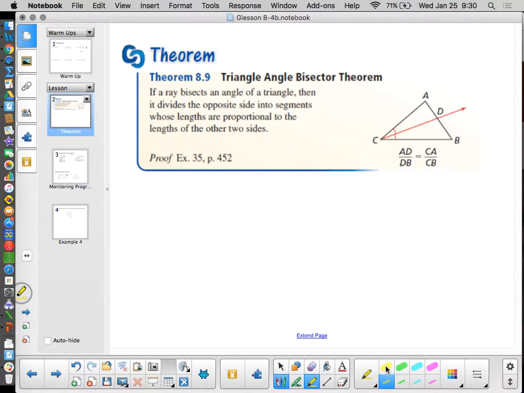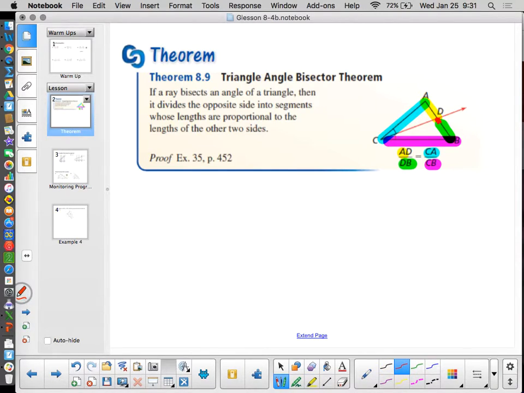Let me choose the right marker here. Is that AD over DB equals CA over CB. There's the proportion. In other words, when I have an angle bisector in a triangle, we know that the point